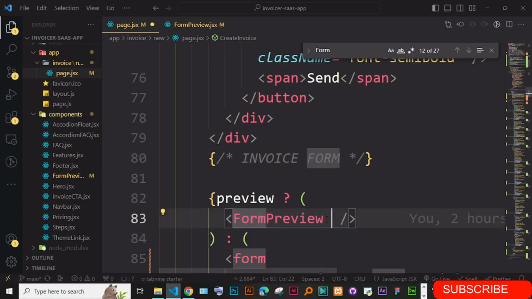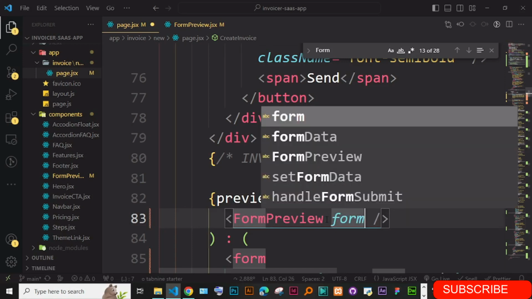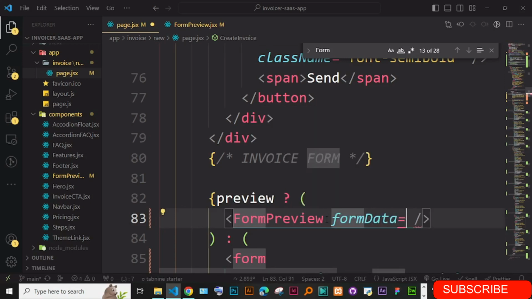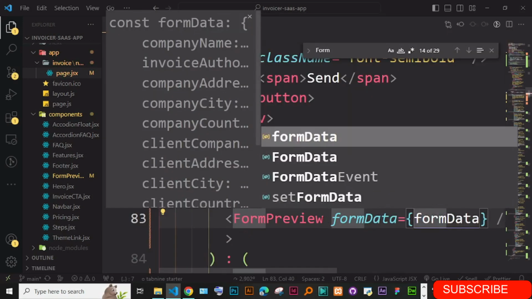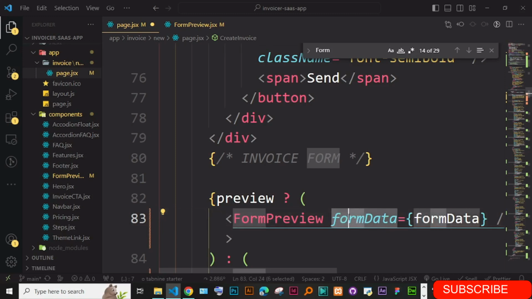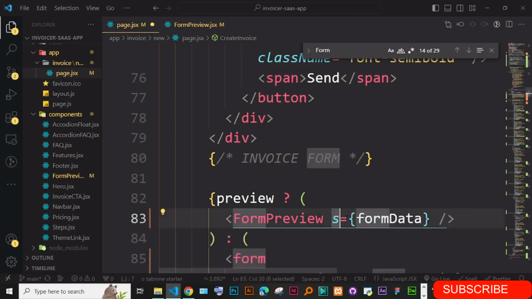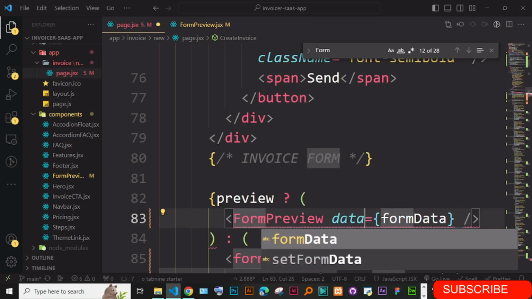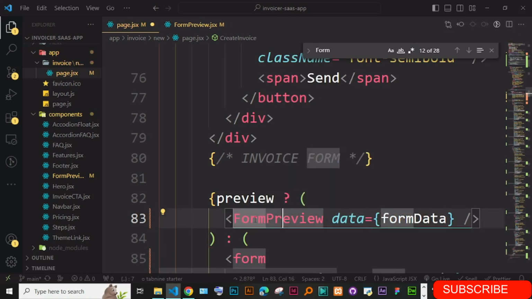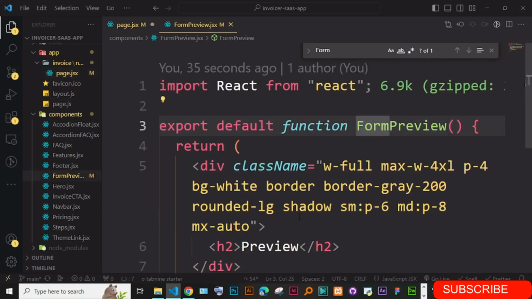So we can just say here form data is equal to form data. Okay, form data is equal to form data. Now, if you get confused by this, you could actually name this one as data. It doesn't matter. You could just name this one as the key data. You send it to the form preview. We want to get our data from the form, and after getting the form, we send it to the form preview. So when we go to the form preview, okay, we could access the data here,